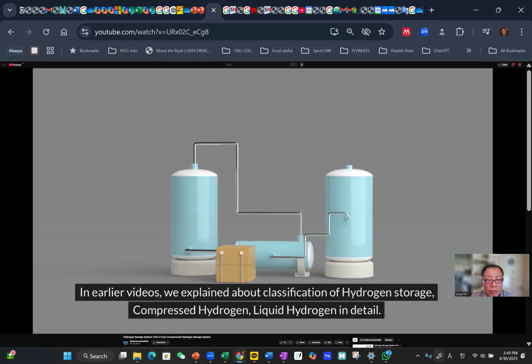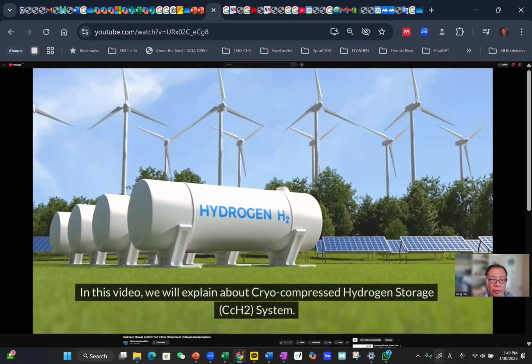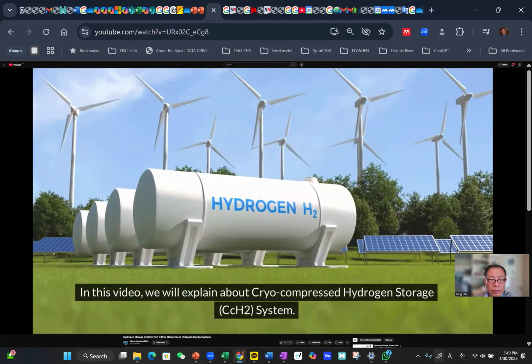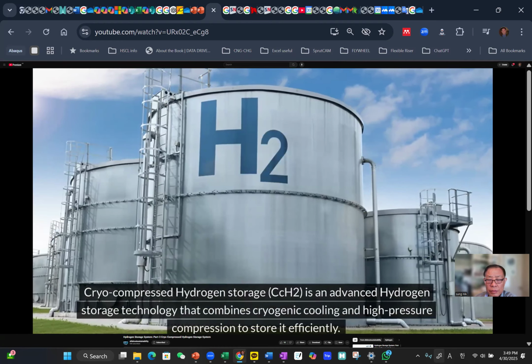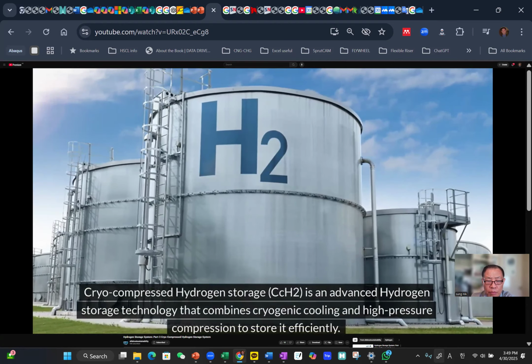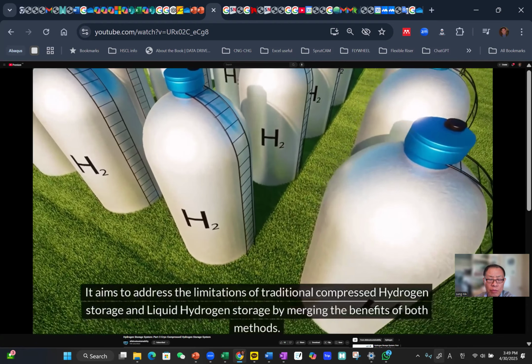In earlier videos, we explained about classification of hydrogen storage, compressed hydrogen, liquid hydrogen in detail. In this video, we will explain about the cryocompressed hydrogen storage, CCH2, system. Cryocompressed hydrogen storage, CCH2, is an advanced hydrogen storage technology that combines cryogenic cooling and high-pressure compression to store it efficiently. It aims to address the limitations of traditional compressed hydrogen storage and liquid hydrogen storage by merging the benefits